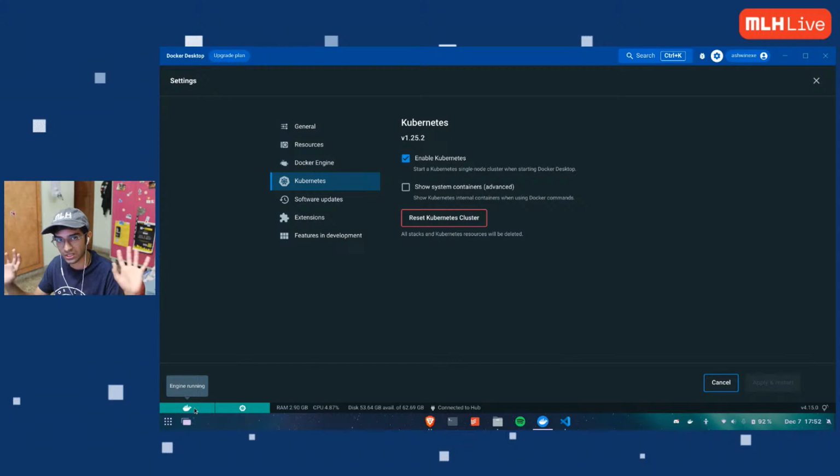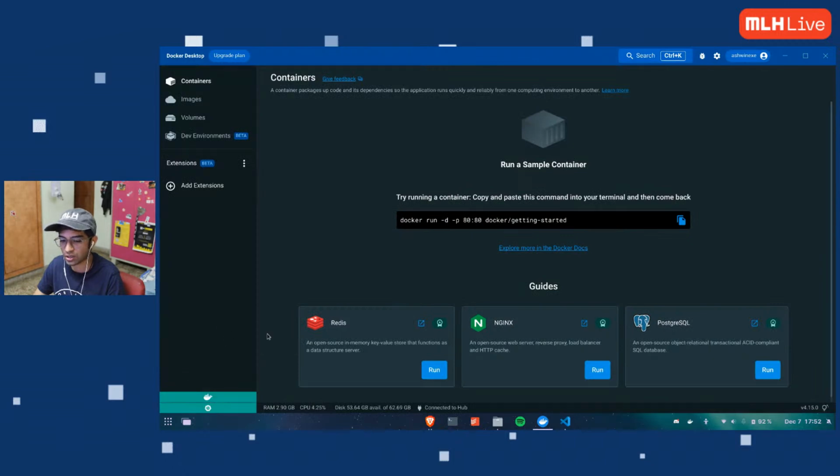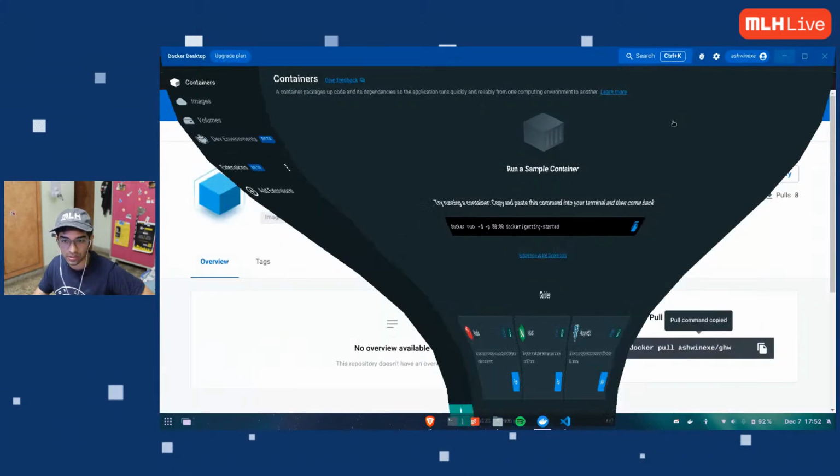That is the Docker engine. On the right-hand side, it says Kubernetes is running. If you start Docker, or if you just restarted and enabled it, it will be yellow and say Kubernetes is starting, and then it will start running. So these are the two things which are built into Docker desktop. That's why I like it.